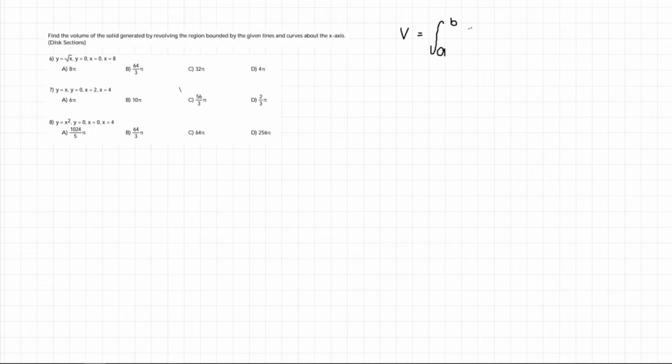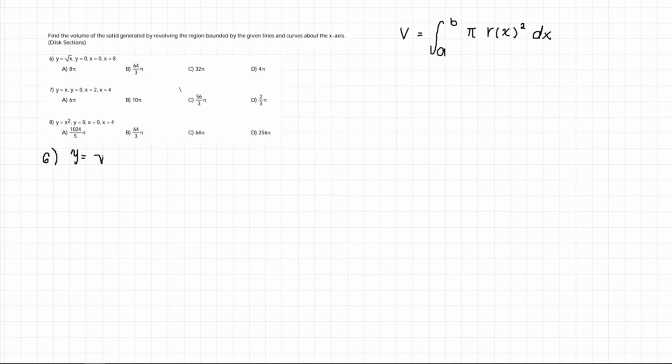From a to b of pi times the function of the radius squared dx. If it is in terms of y, then it is from c to d, and the function in terms of y, differential y. Now, I'm gonna start with problem number 6, and I'm gonna write the equations, which is